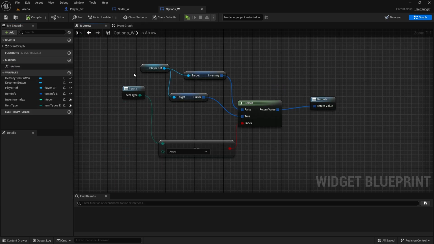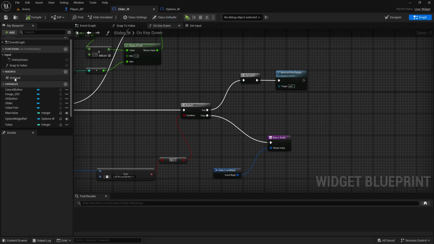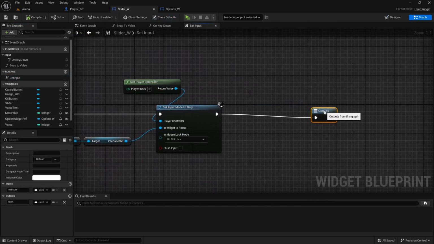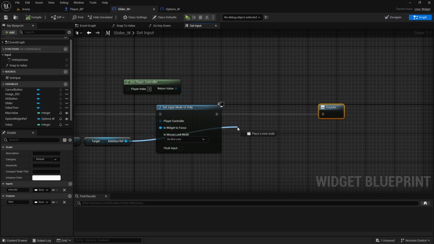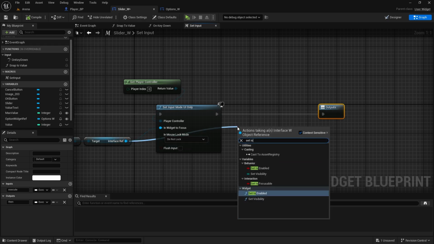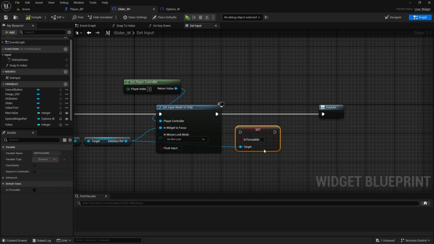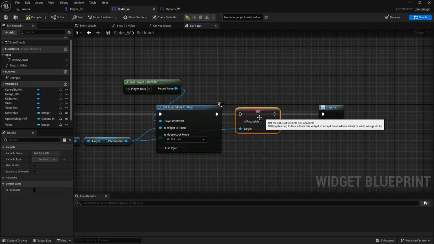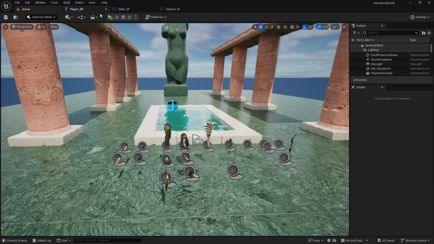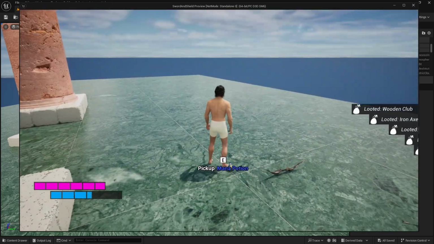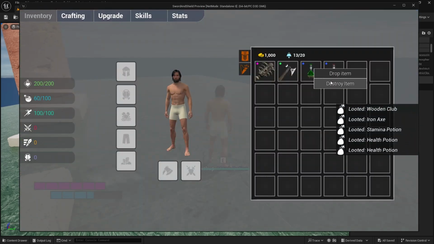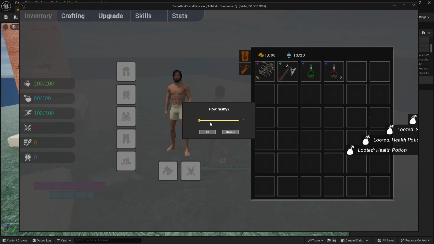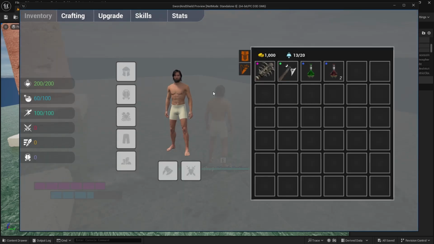So in the macro on the slider, from the interface reference, set is focusable and set it to true. Let's see if that will help. Drop item. Let's see if I close it like this. Inventory. No, it doesn't let me